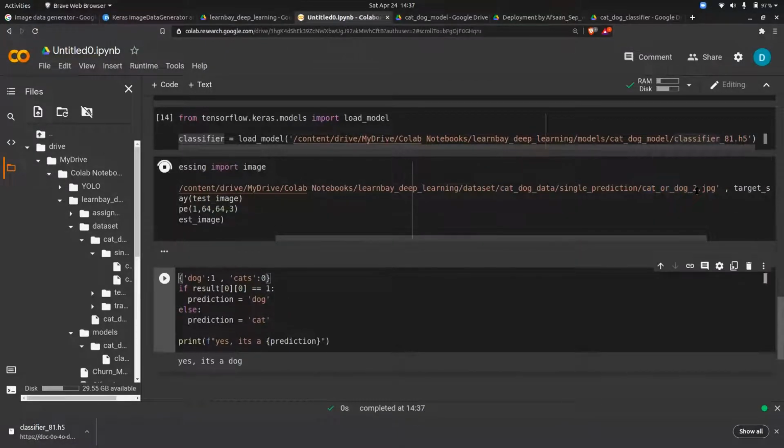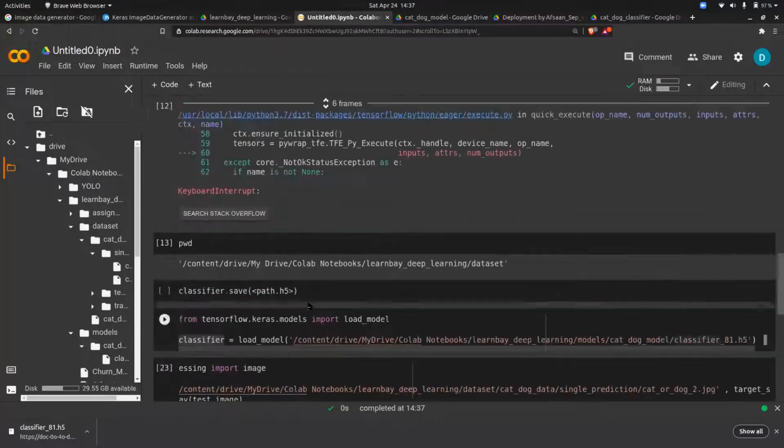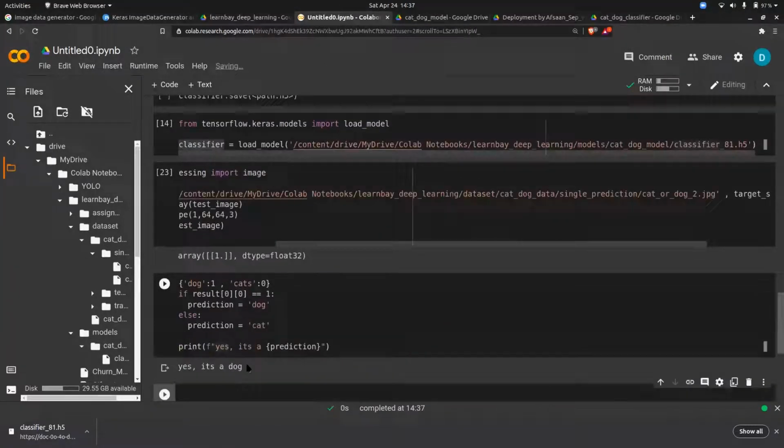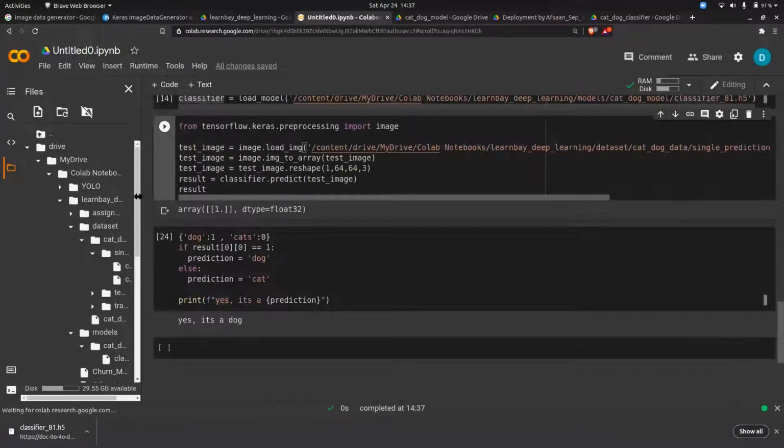Let's see what my model is predicting there. So it is giving 1. Then again, okay. Basically, because the accuracy was not good, this is what I am getting. It is a dog. So for you, it depends on what you're getting, cat or dog, because you have trained your own model, right?